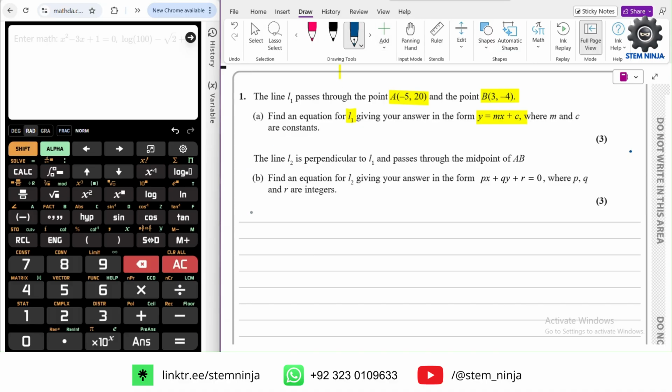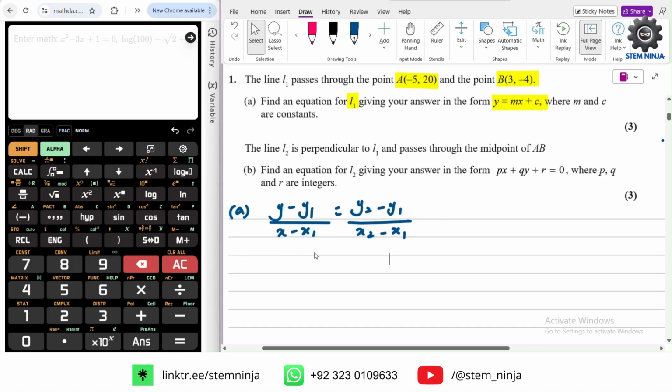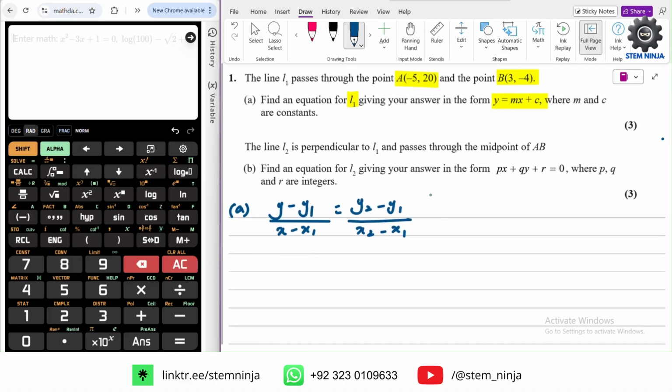So, first things first, we need a form (y - y1)/(x - x1), and instead of just m, we can plug in (y2 - y1)/(x2 - x1). Since this is a linear interpolation, we can also do it this way. So let's plug in the values. For x1 and y1 we can take, for example, this one. So you have y minus 20